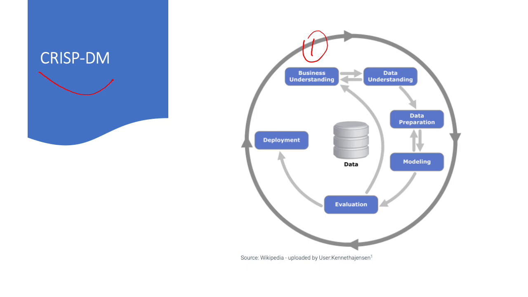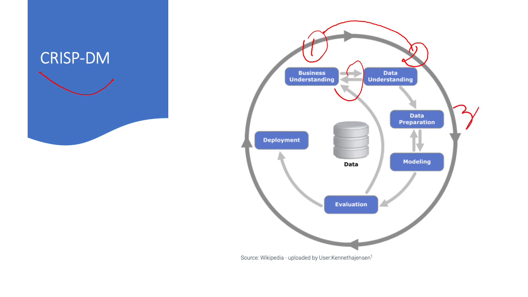And then moving on to step number two, which is data understanding. Here we collect data from surveys or from existing data sets. And so we need to know the different basics, like how was the data collected, what's the data format, the number of records, and so on. So this step is closely related to the first one, and we often go back and forth between understanding the business and understanding the data.